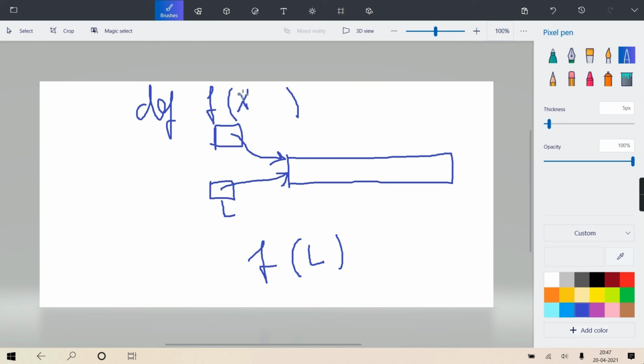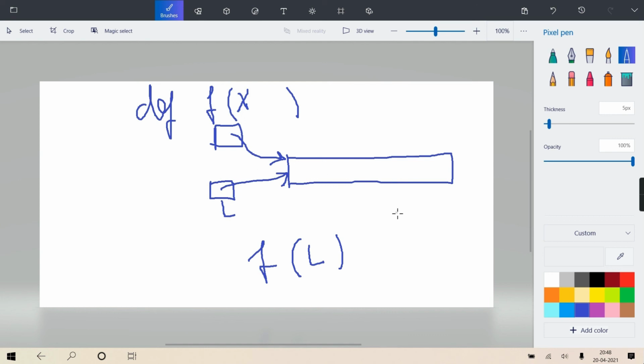Only the reference is passed. So this dummy variable is collecting only the reference, and both are referring to the same list. And now through this x, if I insert something or I append something and the function gets over and I come back to the main program, so the changes will be visible to L.